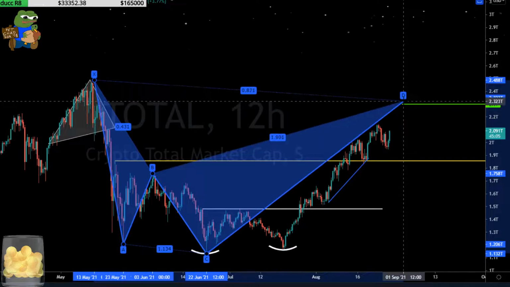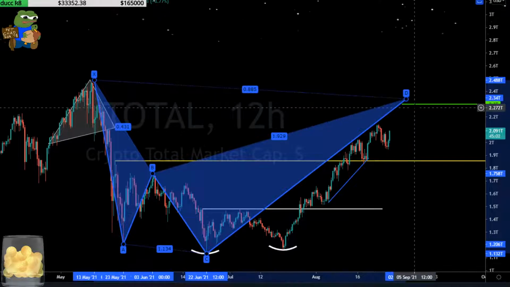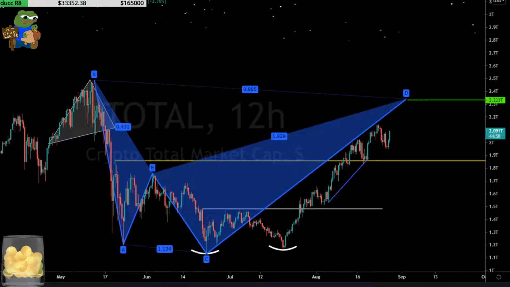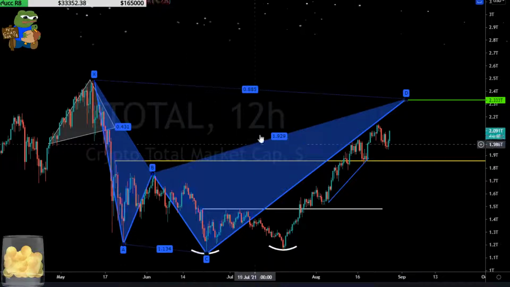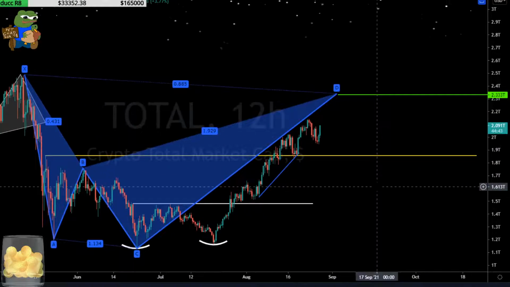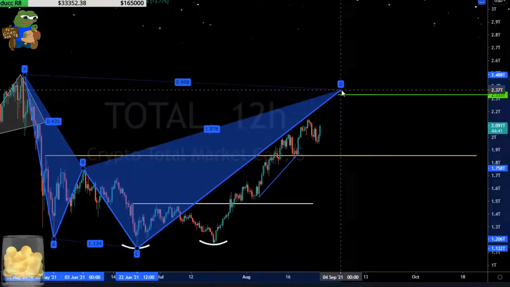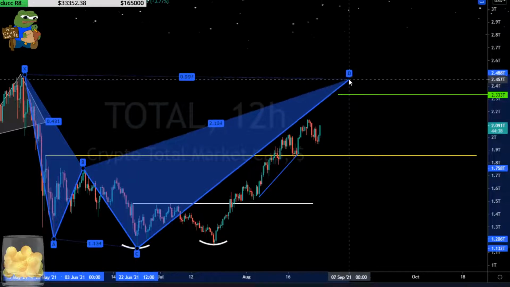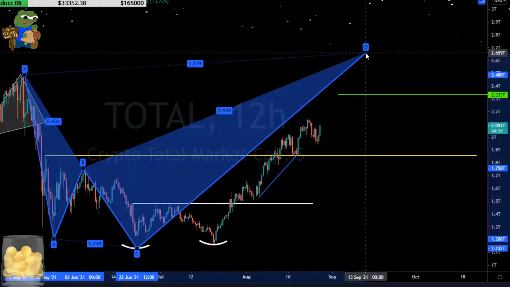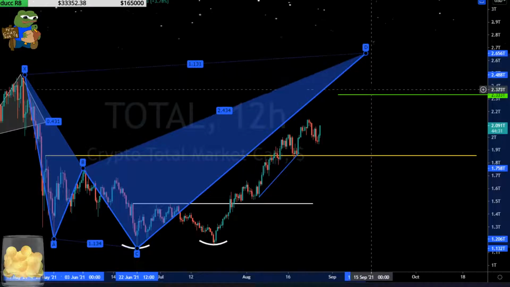So 886 up here. Next area of interest, 886. That coincides with our 2.3 trillion. And from there, we'll figure it out from there, right? But for now, that's where we go. Again, this could get crazy. If this is a shark, okay, if this is a shark, we could go all the way to the 113. All right, so I'll leave that level marked, and then we could go as high as the 113 on this initial rally. 113, basically right here,